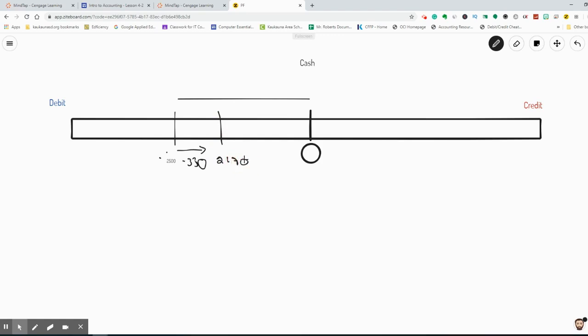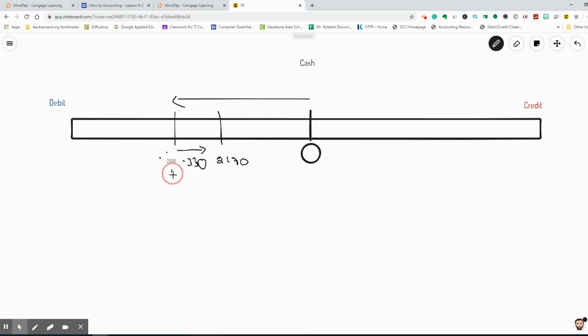So it's just moving it closer to that 0 balance to eventually move it over to the credit side, if that was the case. Now, is cash going to go on to the credit side? Probably not. But you can see that this is how this works, okay? Everything starts at 0, and then it kind of goes in one direction or the other. So it started out going to the debit side, and if now we have a $330 credit to cash, it